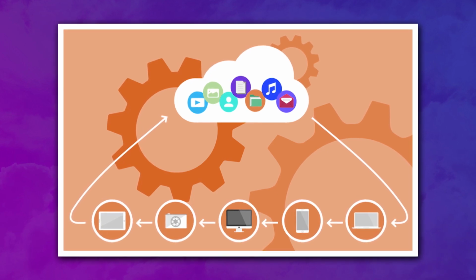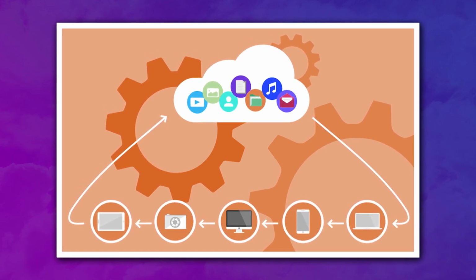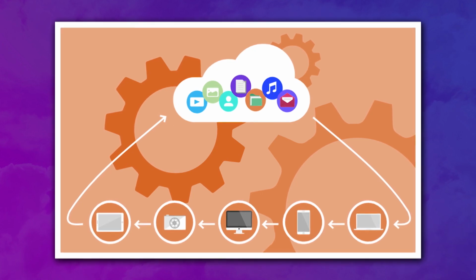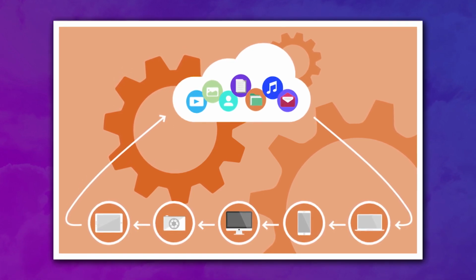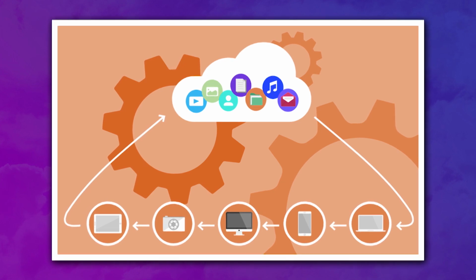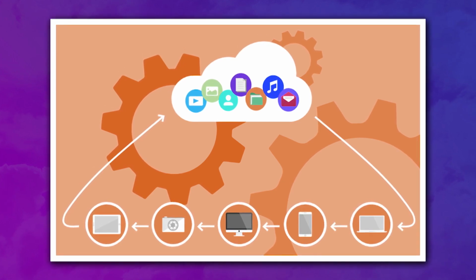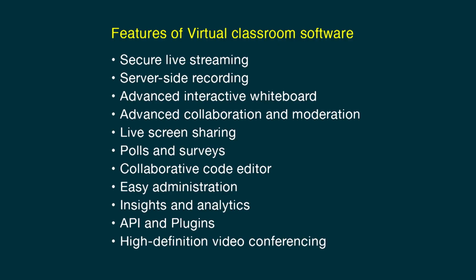Cloud-based. This type of software is an off-premise option known as SaaS software. This is cloud-based software which is hosted in the cloud, and the institution practically does not need anything on site other than a basic computing device, but the customization can only be done by the service provider with this cloud-based option. Virtual classroom software must have the following set of features: secure live streaming, server-side recording, advanced interactive